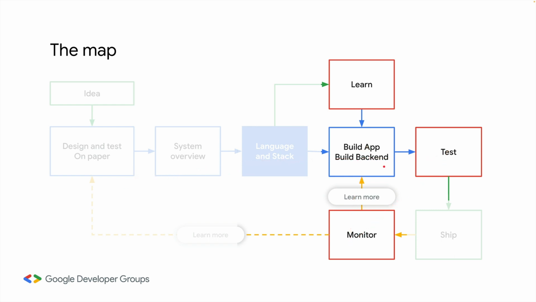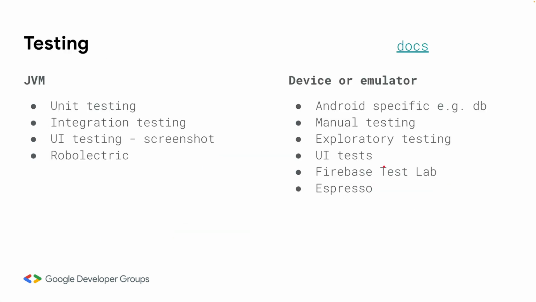This is after you've built something with Firebase potentially and with Compose. I'm just going to give you a quick overview, and the intention of this slide is really to give you some words so that when you get to this part of your process you know what you want to search for and what the things are that you can learn about. For Android